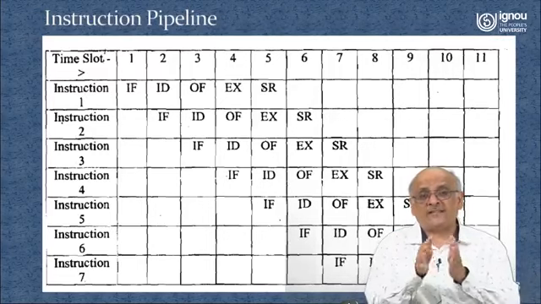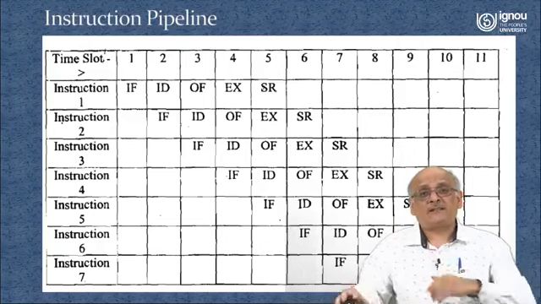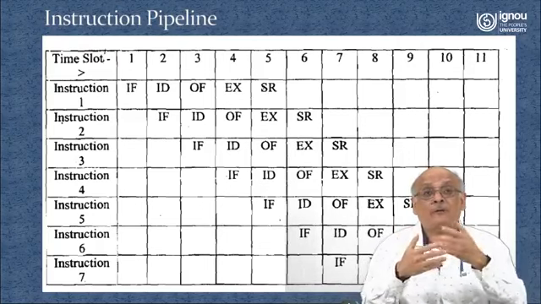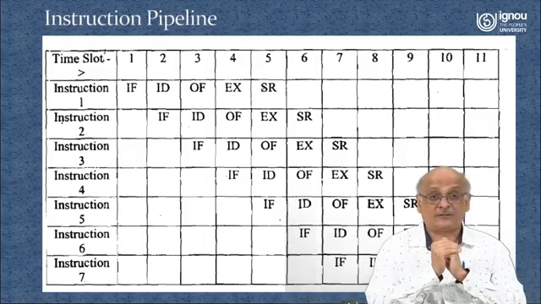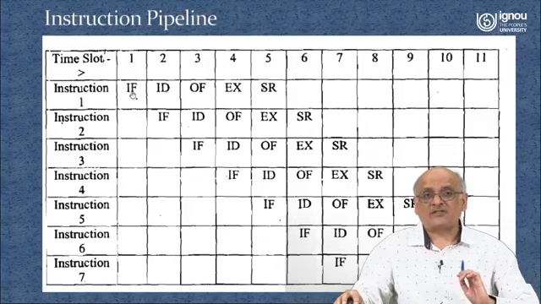If all these things are being performed, they can be performed in a sequence. Can they be performed in an overlapped fashion? Now that's a difficult question, right? And this is the basis of instruction pipeline. So if an instruction execution can be divided into several steps, the first one is instruction fetch,